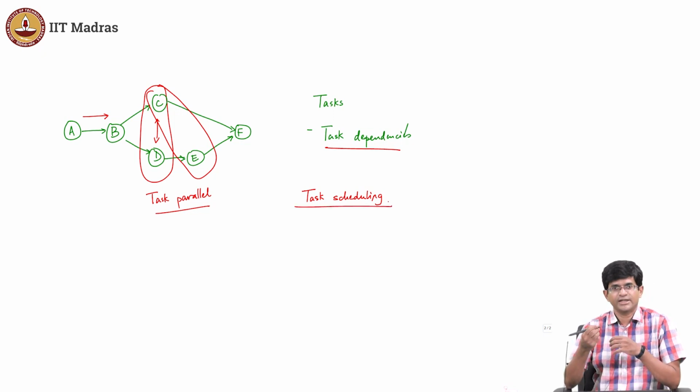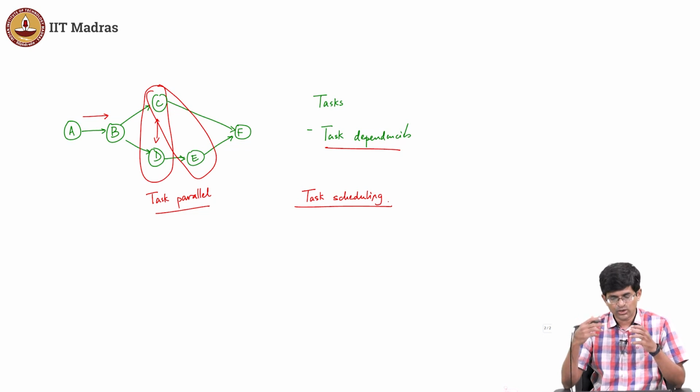So what is task scheduling? Basically what you have is a set of tasks, some work that needs to be done. Those tasks have certain dependencies between each other. You need to make sure that all the dependencies are satisfied, but at the same time all of these tasks are somehow executed in some way, I mean with some cost.